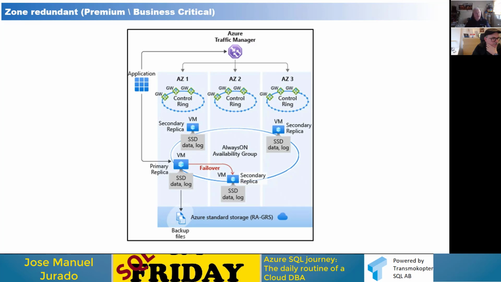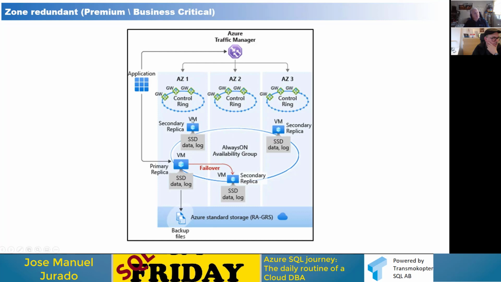For DBAs, you know that every time you install a server on-premises, you run the installation, Always On, etc. And in the end, everything depends on the air cooler, the protection, the power, etc. But in this case, if you choose zone redundant, the idea behind the scenes is the following: if you choose business critical, for example, we are going to allocate the 3 servers, primary and 2 secondaries, in different zones inside the region, inside the data center.